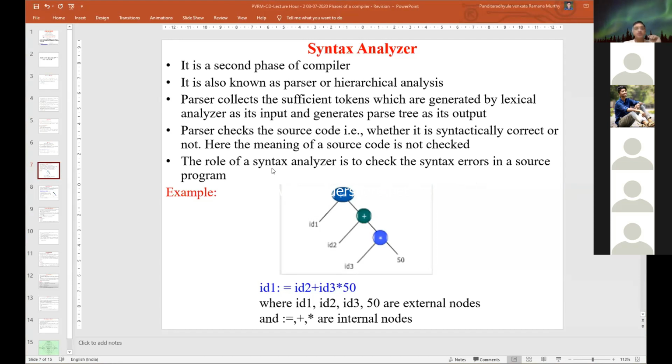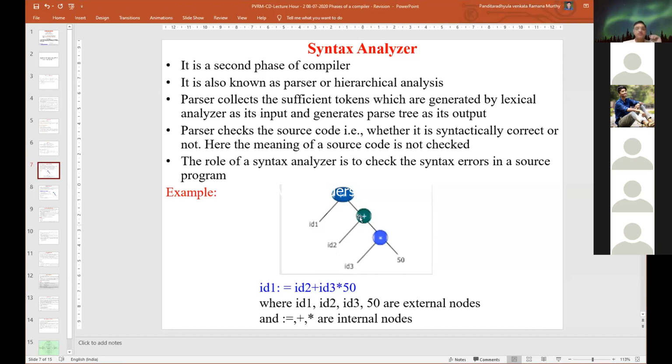So what is the output from the previous stage? In the previous stage, we identified ID1, ID2, ID3 and number. We are connecting those ID1, ID2, ID3 and number with the given operator symbols: assignment operator, plus operator, multiplication operator.